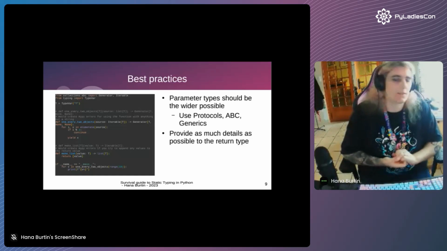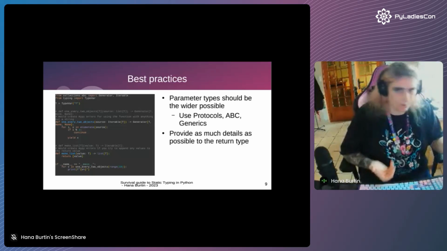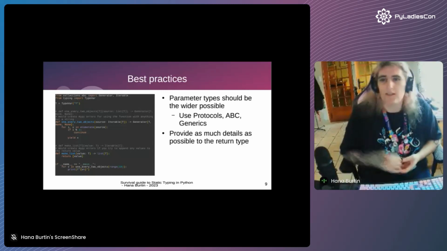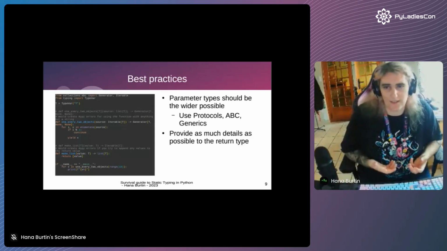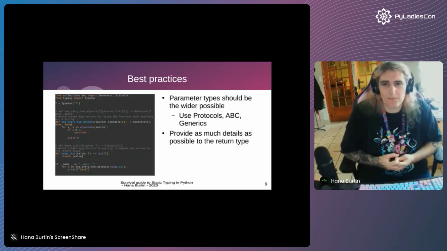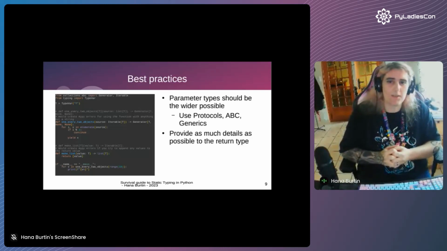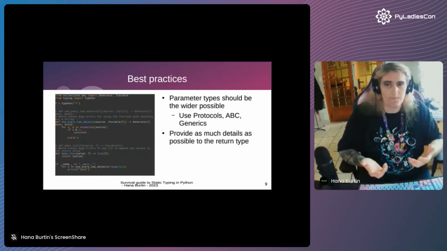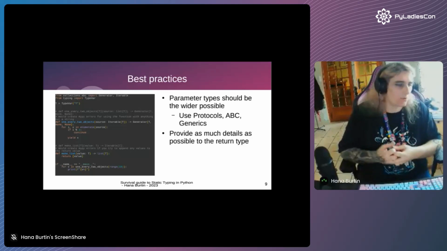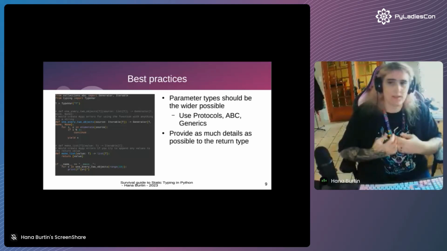You declare something, you say, yeah, that's taking a list, for example, and that's something I saw a lot. You declare something as taking a list as an entry. But if you are just doing a for loop on this list, that means that it can be just an iterable. And by declaring that you want an iterable, that means that you can then provide a range to the same function. You can provide a generator, you can provide a set, you can provide any kind of collection that you can